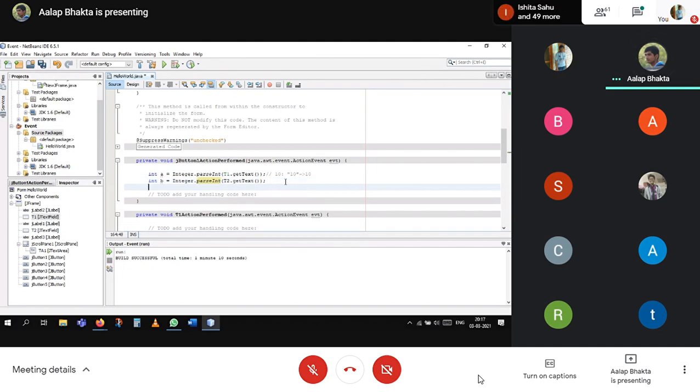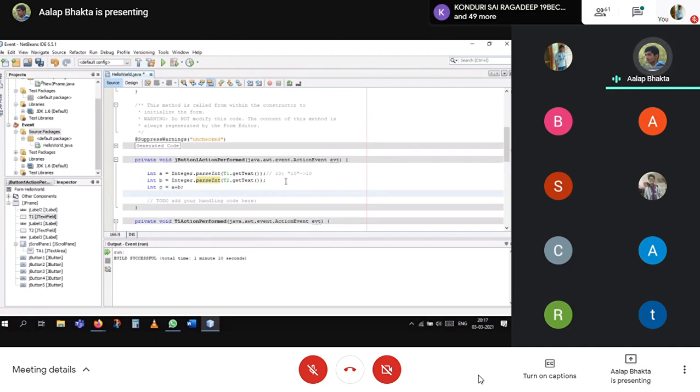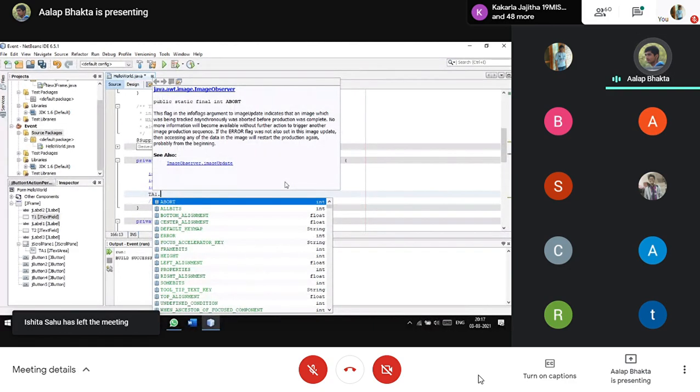Now I need a third variable for calculating: int c equals a plus b. Then I will display it in TA1. TA1 means text area; I'm saying the variable names.